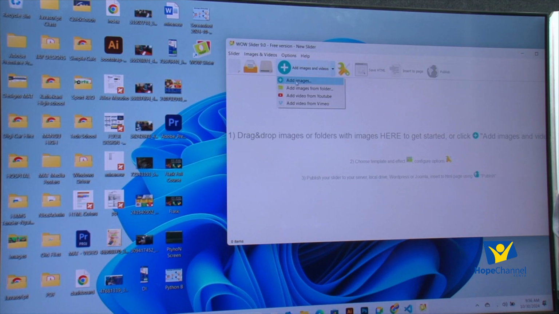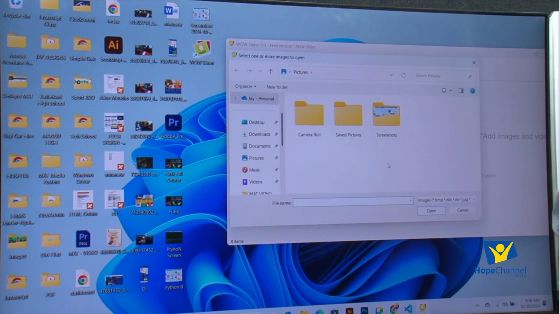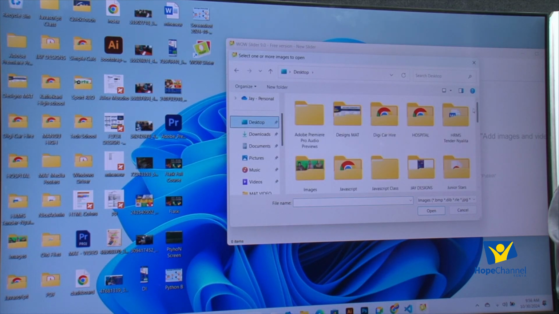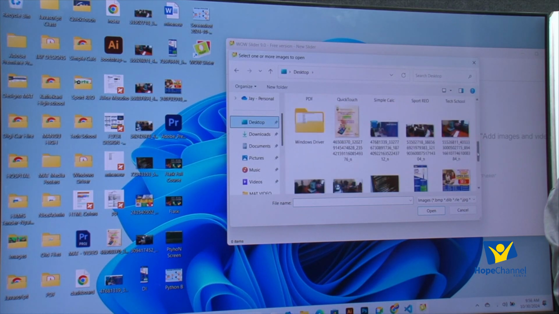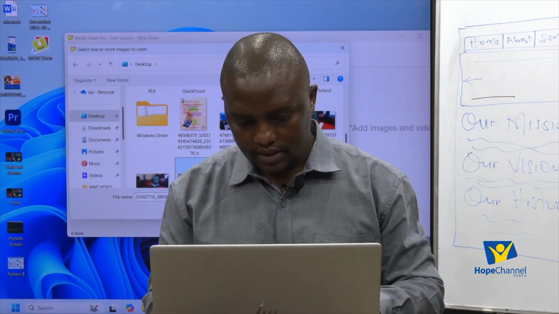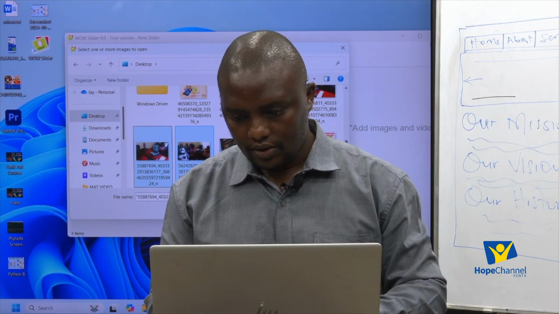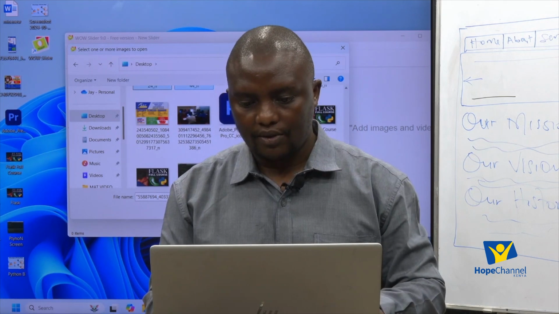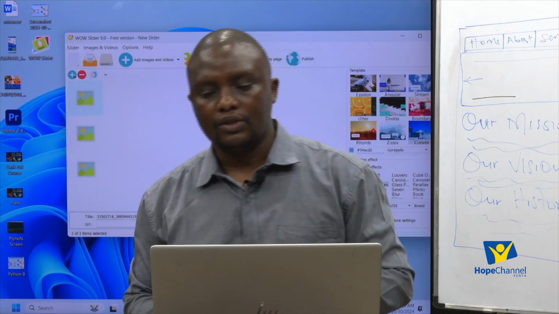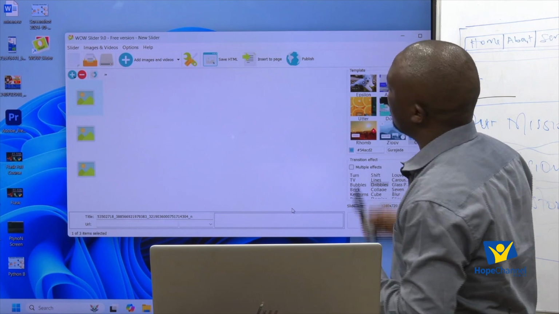So let me pick a few from my machine, add images, go to the desktop where I had saved a few images. I'll pick them from here, so I can pick this, pick this, or any other image that you have out there. So once you do that, then